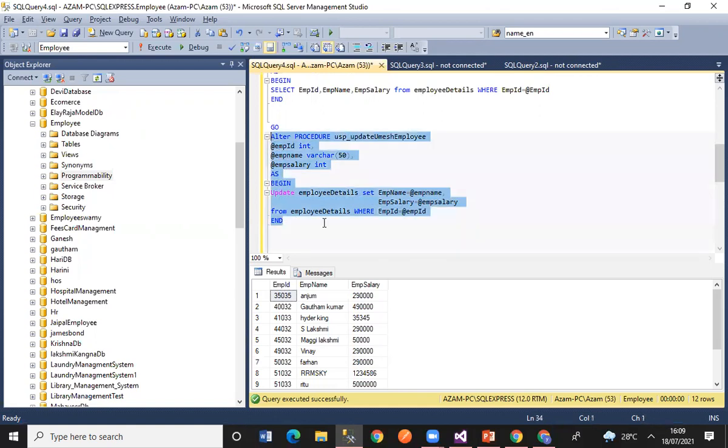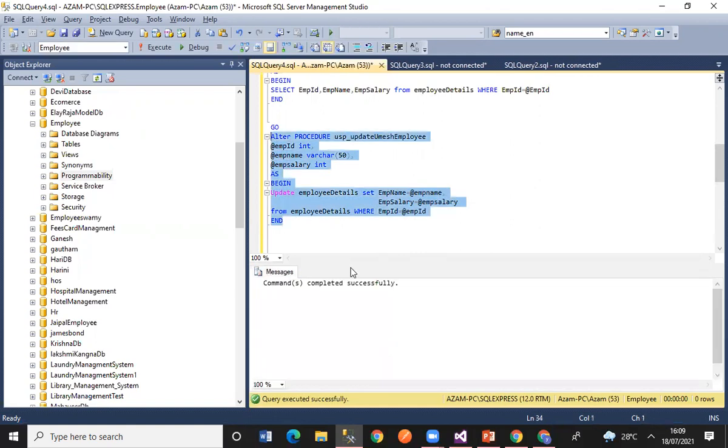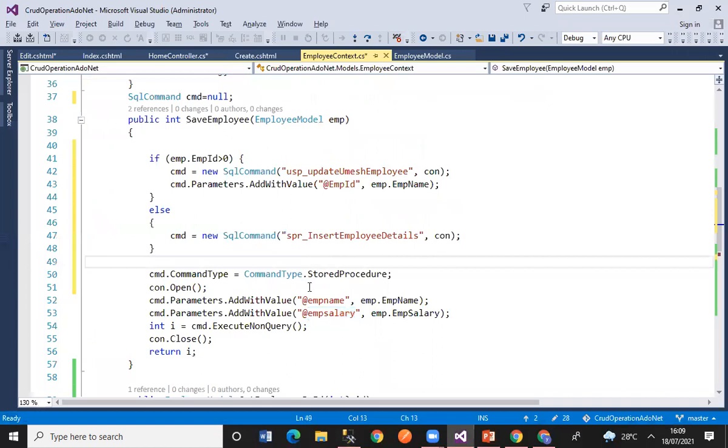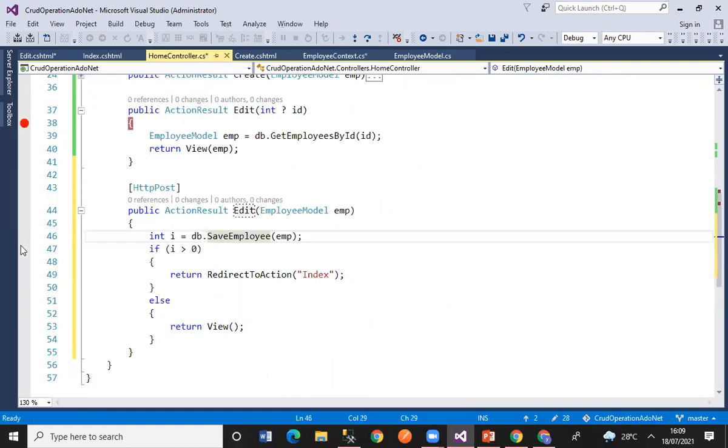Okay, so let me do a file. Even in one stored procedure I can do it, but okay, I've taken another stored procedure, that's fine. So here I will take EMP ID. It's up to you, like in one stored procedure you want to take it, or in two stored procedures, that's your wish. So without delaying anything, let's keep a breakpoint here and let's run this.